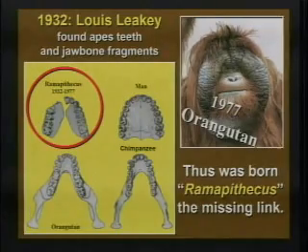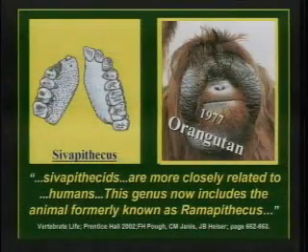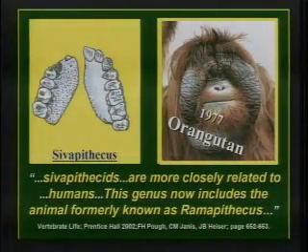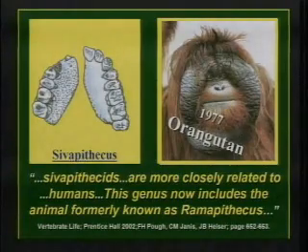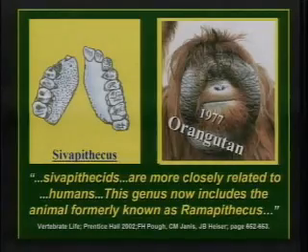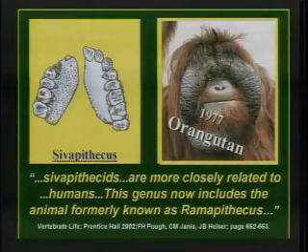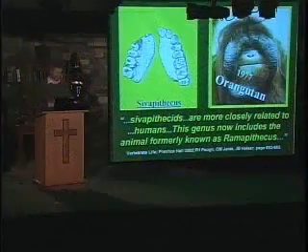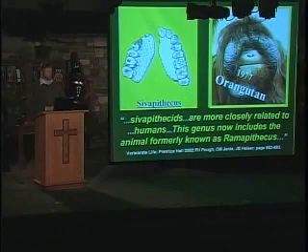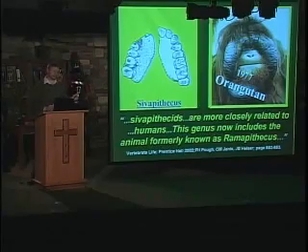A kid studying to be a dentist gave me his advanced biology book. He said, Russ, look through my book and pick out some frauds. Well, I don't really have any place to put the frauds, but he wanted me to look through it, so I did so, and I was flipping through the book, and there was the drawing of Ramapithecus' teeth. That caught my eye. So I stopped, and now, 30 years later, they put the drawing back in the textbook with a new name. They now call it Civipithecus. And they say, kids, Civipithecids are more closely related to humans. This genus now includes the animal formerly known as Ramapithecus, proven to be an orangutan 30 years ago.